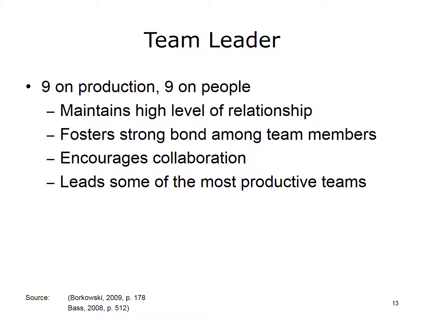When looking at the team leader type of leader, we are looking at a 9 on the production scale and a 9 on the people scale. This is a very high task-oriented leader who is also very focused on maintaining a high level of relationships. This type of person leads with a sense of purpose, creating a perfect infusion of concern for people and concern